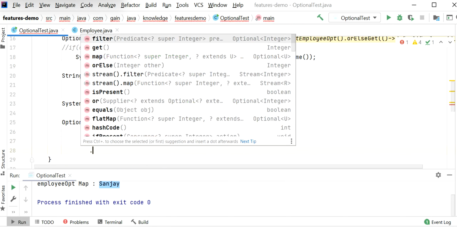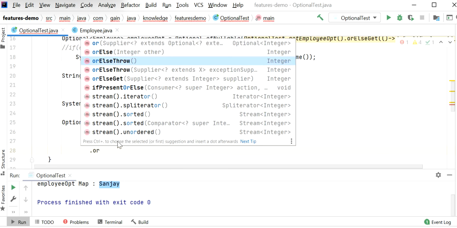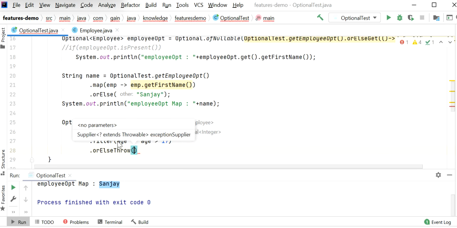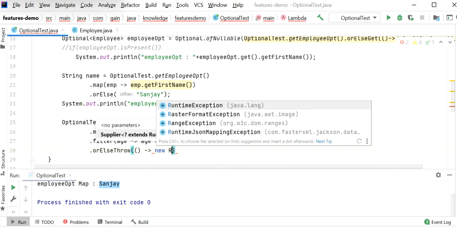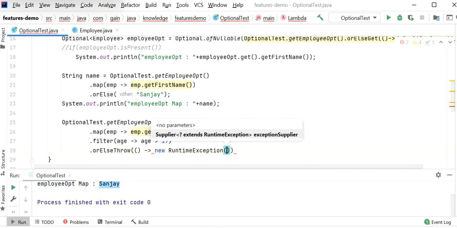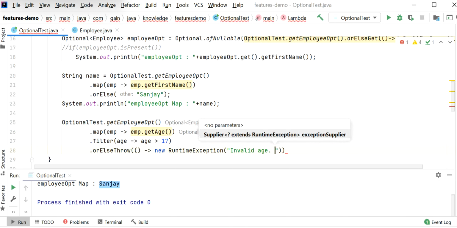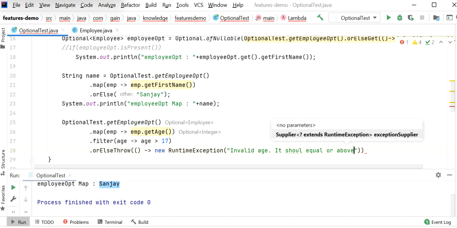Otherwise we will throw an exception with orElseThrow. So here I will throw a new runtime exception, or any exception that we can throw. Invalid age, it should be equal to or above 18.